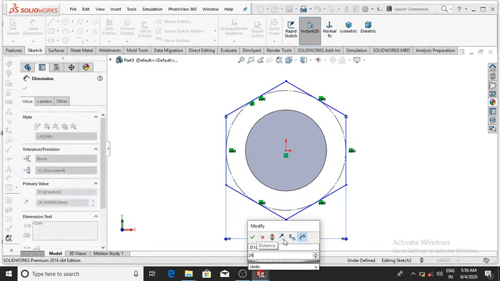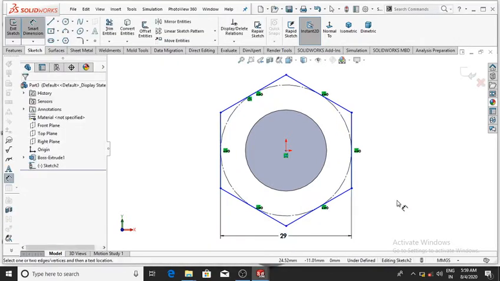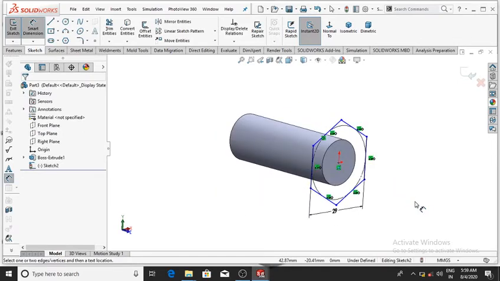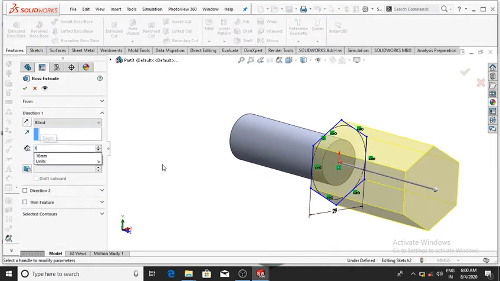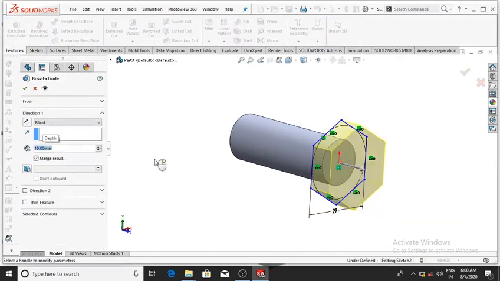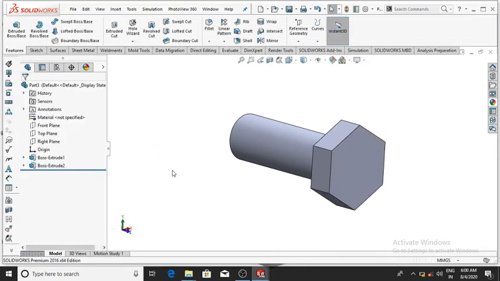So select 29 mm, then OK, and extrude up to this 10 mm. So go to the feature and select extrude boss base up to 10 mm, then OK.